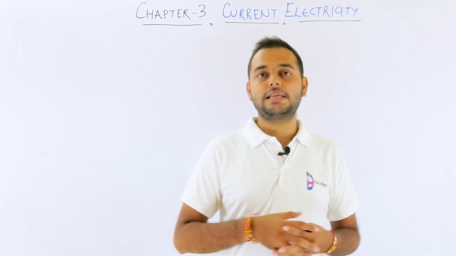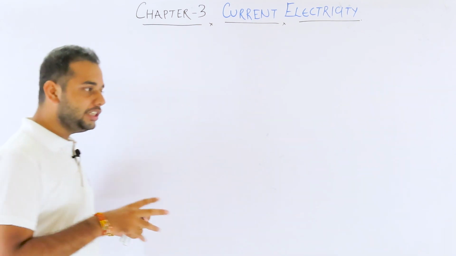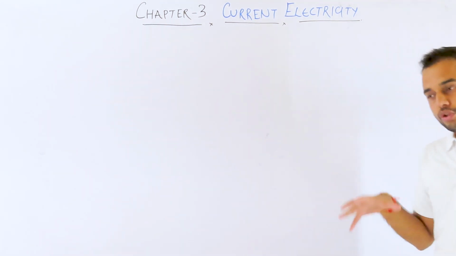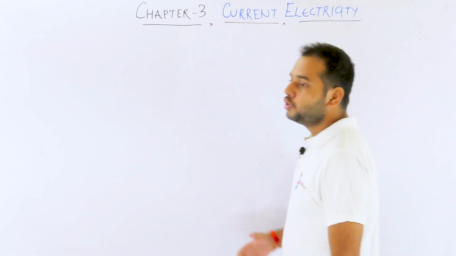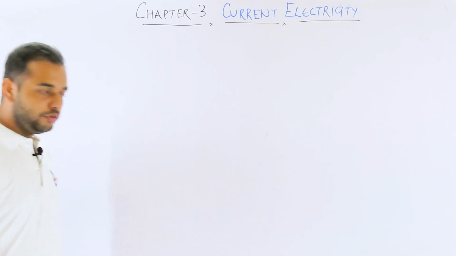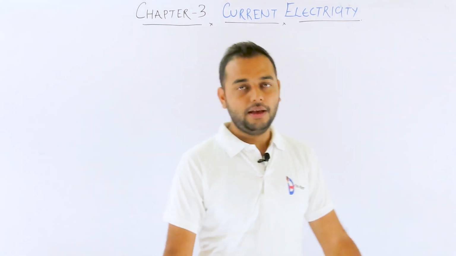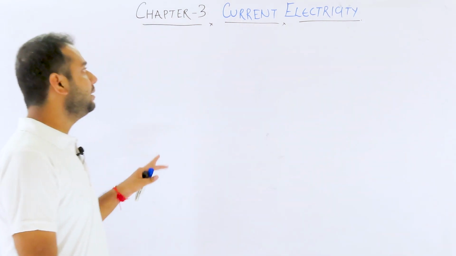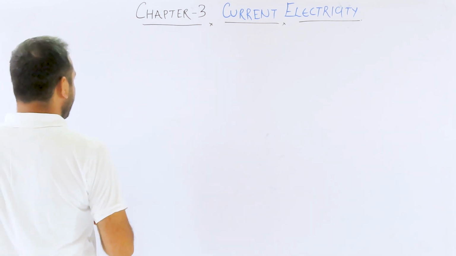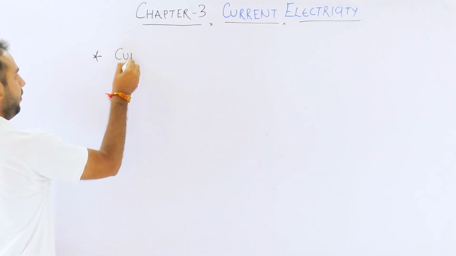We will see this with certain theorems, formulas, and some theories from different scientists in the world, and you will see how those theories and experiments proved so beneficial after so many years. Okay, so we should be thankful to those scientists and those people who invented all this. So that is our motto for this class, and that's why we are going to study current electricity. So I should mention first, there is a quantity called current. What is it?